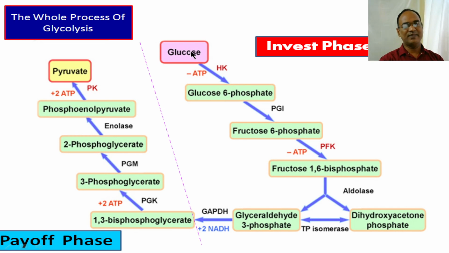So glucose is converted to glucose 6 phosphate in the first stage, and then in the second stage fructose 6 phosphate is derived with the help of PGI, and in the third stage one more phosphate is included and fructose 1,6 biphosphate is generated, and